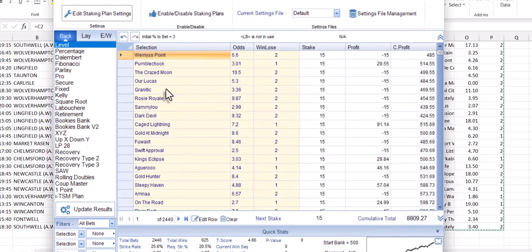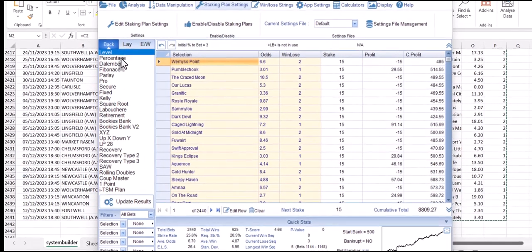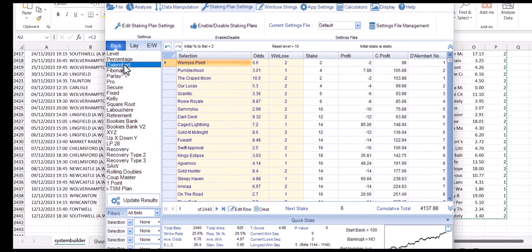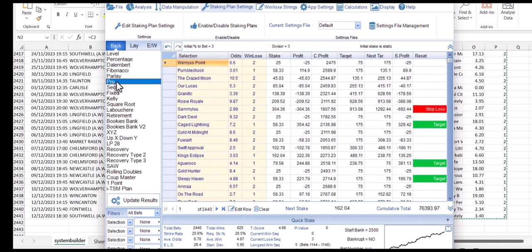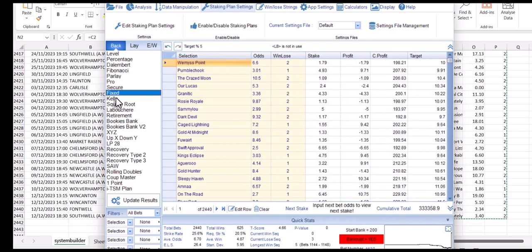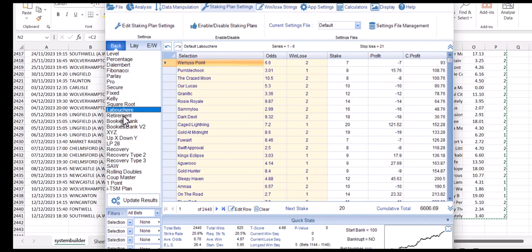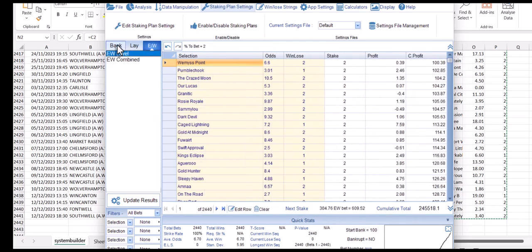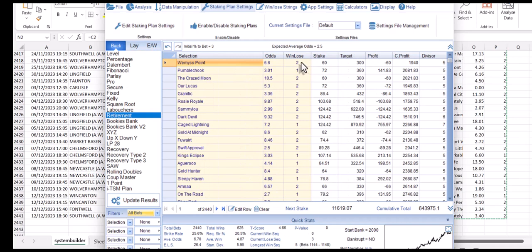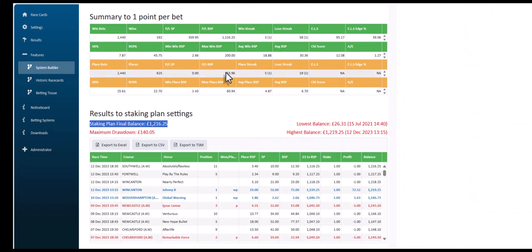Plus, you can then go through all of the plans and see. You can change all of the banks, the staking plan settings for each one, and just see which staking plan you would prefer. So you don't have to use the each way ones, because now we have got a horse that came placed as a winning bet. So you can use all of these as winning staking plans by following the place bets only